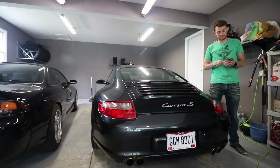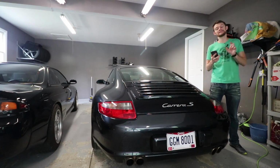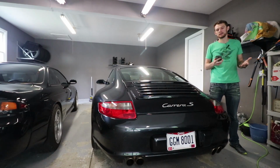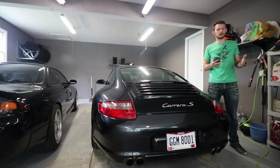Okay, so according to the interwebs, P2189 and P2187 are basically the same code, but different banks. And it's system 2 lean at idle. So not exactly what I was expecting. Like I said, I was kind of expecting a misfire of some sort, but system 2 lean at idle